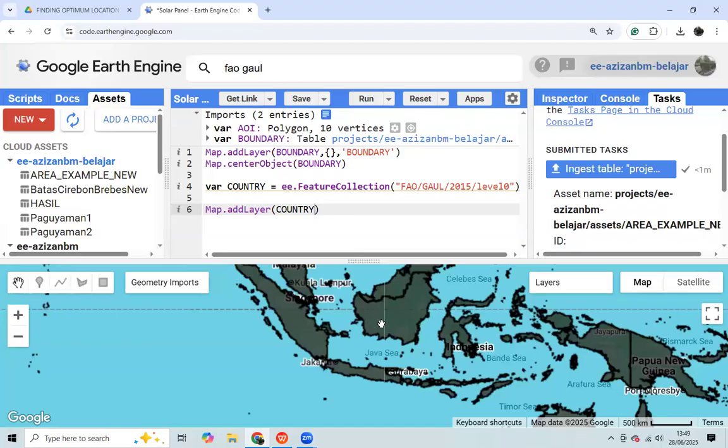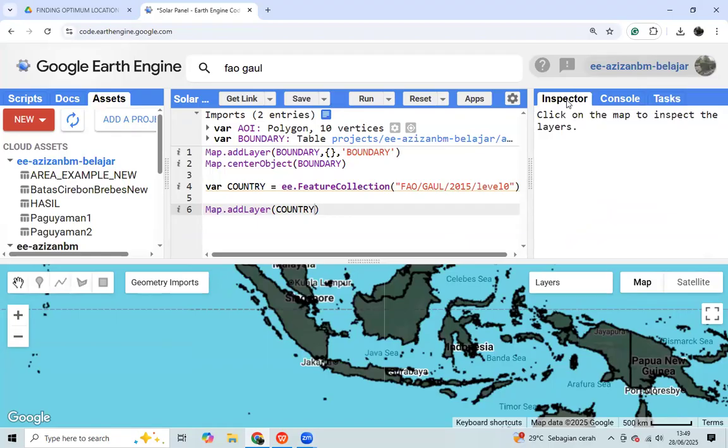And then how do we specify maybe one country? We can click the inspector and then we inspect the layers. We can click maybe on a country.